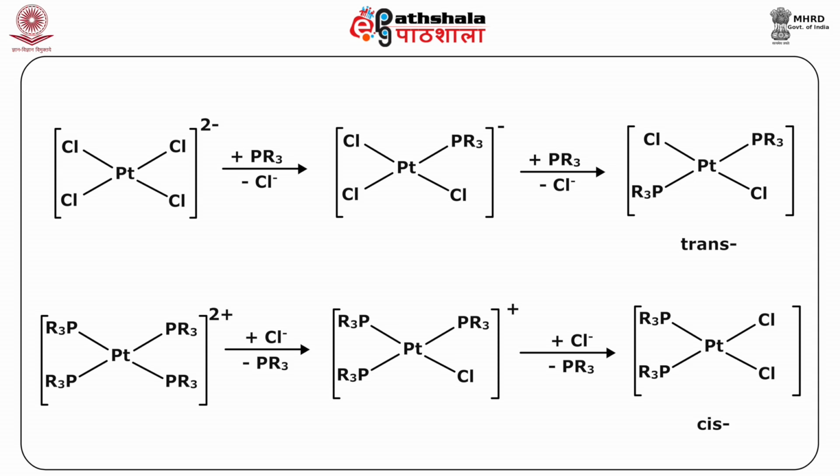Again, when the next molecule of Cl minus is coming as an entering group, now what will be the product? Again PR3 has more trans directing power than that of the Cl. So in this case, the PR3 groups trans to each other will be polarized, and one of them will be dissociated, and cis dichloroplatinum